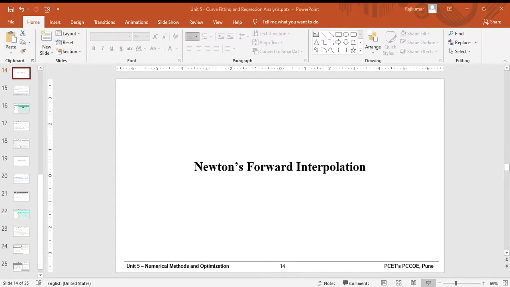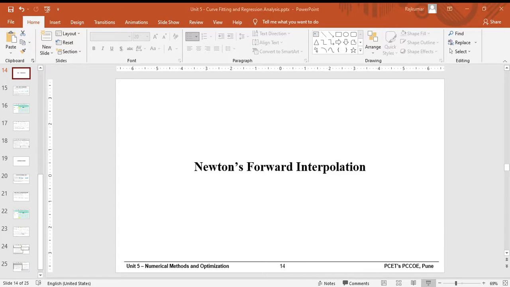Okay, so we are interested in estimating the number of students who obtain marks between 40 and 45. So again there is a range. So here also we will go with the upper limit, that is 45, and we will try to find out the number of students with marks less than 45. Here a range is there, but we are calculating the students who received marks less than 45.